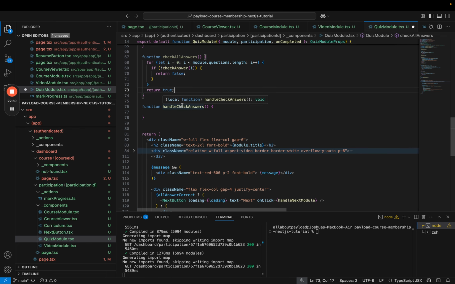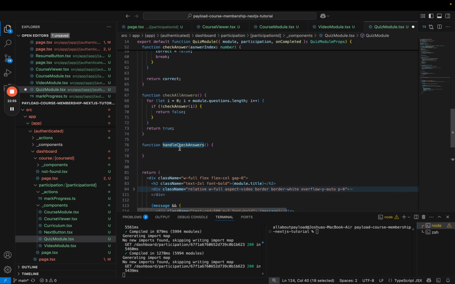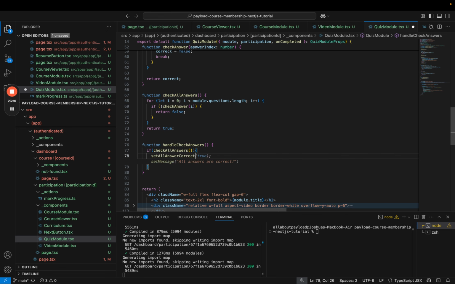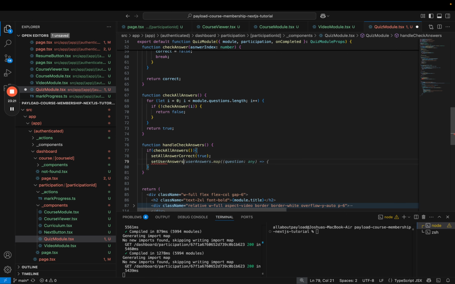In our handle next module then. No, not here. In our handle check answers then. Yes, handle check answers. We are then gonna check whether all answers are correct. So if check all answers is correct, we're gonna set all answers on true. We don't need the message anymore, but we're gonna set all the user answers to an empty array. Set user answers to empty,